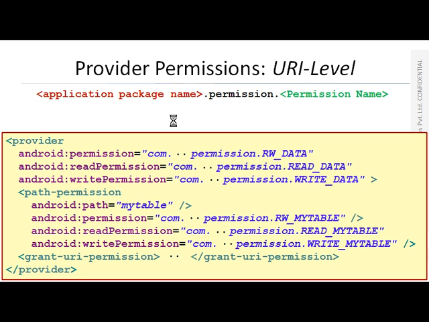And it is used now, it is a grant URI permission. So whatever URI object you make into the content resolver, that must be granted a URI permission. That can be specified here also. Alright.